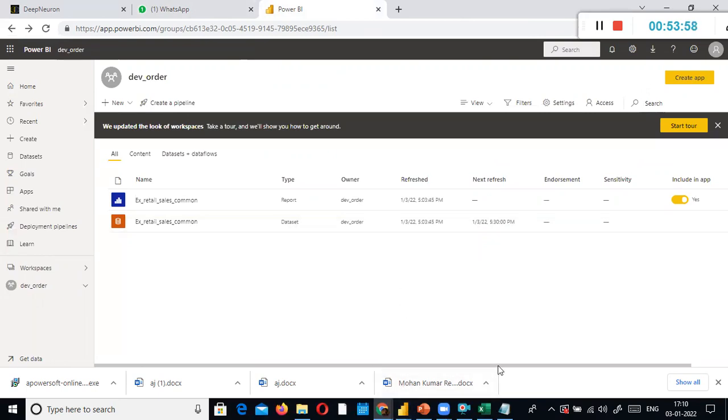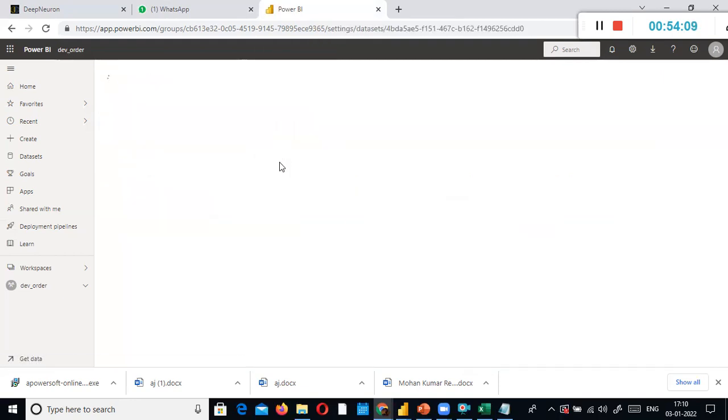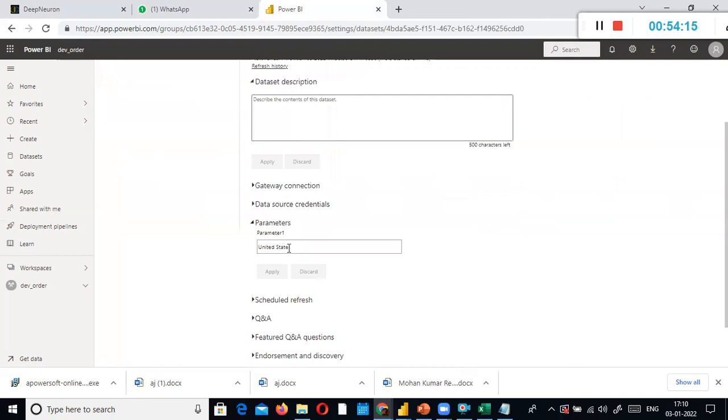Once you define the query parameter, all you need to do is, let's say you are a developer, you published it. Now let's say I'm your manager. Hey man, I just published it. You go and review the report. Now I just go here and see the parameters. Here I type whichever country I want, and click apply.